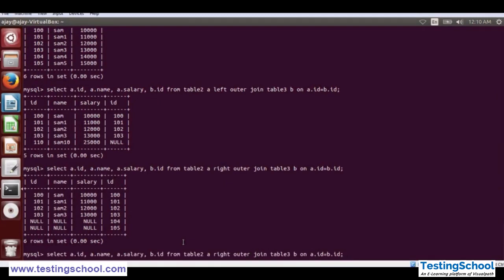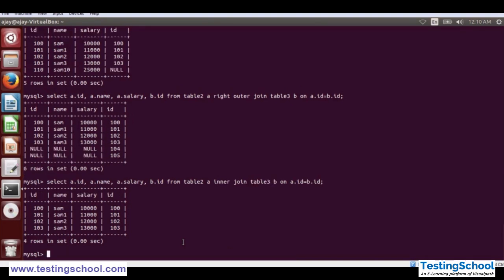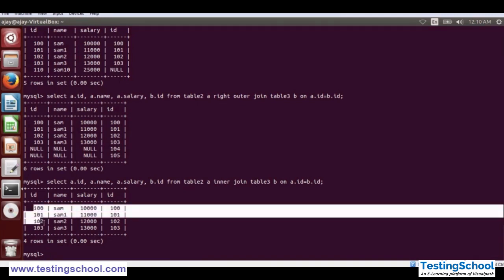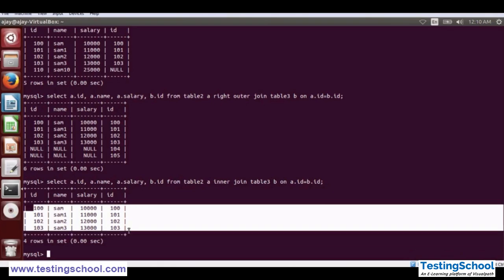So let me put the query again, that is with inner join. I'm selecting ID, name and salary, and I'm putting inner join. Let me execute this query. Now you can see it has only displayed the values from 100 to 103, because